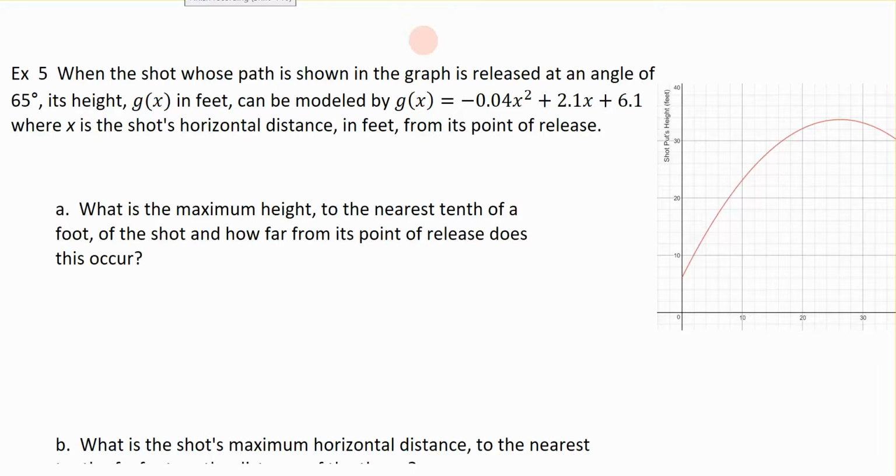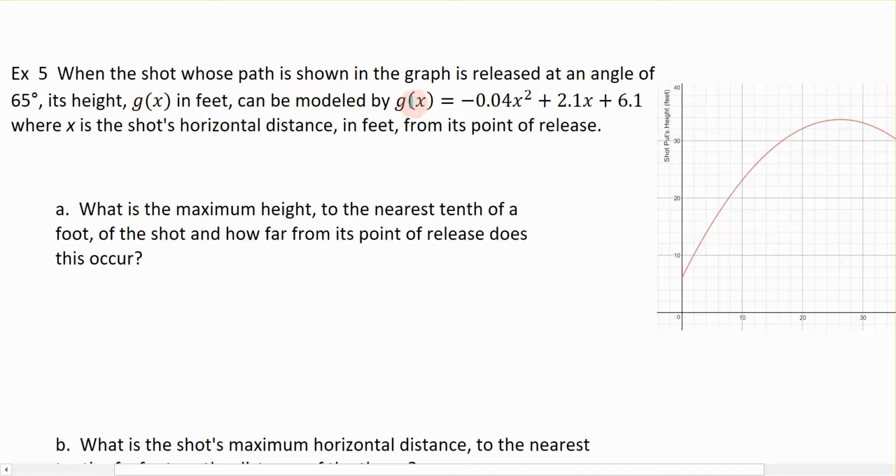Okay, so up until now we've been talking about quadratic functions and looking at the different ways that we can graph a function. So let's see how we can apply that in a real-world application. In this particular example, we're talking about a shot put whose path is shown on the graph. When it's released at an angle of 65 degrees, the height then that the shot put is going to take